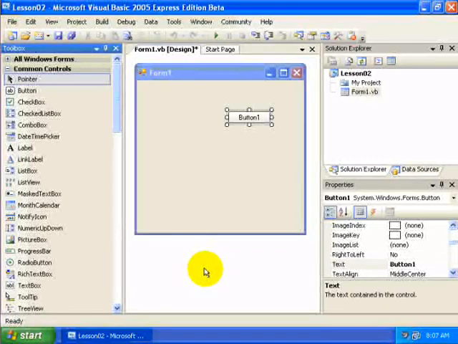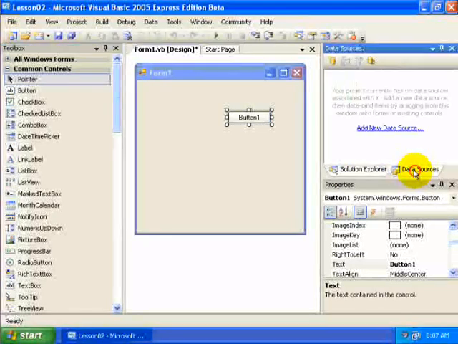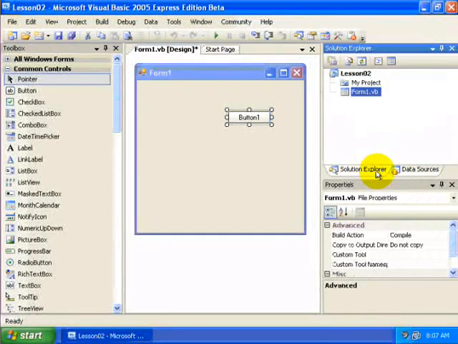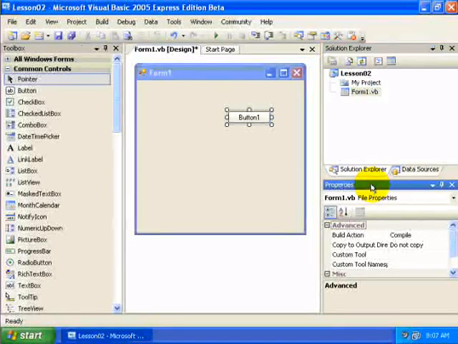Now over here on the right-hand side, we have a different representation. Notice that the window is pinned down, so there's no auto hide, but we have these tabs at the bottom, and right now I see the Solution Explorer, but I can also view other windows by clicking on the little tabs at the bottom of each section. And you'll notice that this column is split up into two rows or two areas. I have the Solution Explorer and the Data Sources windows docked in this upper section,